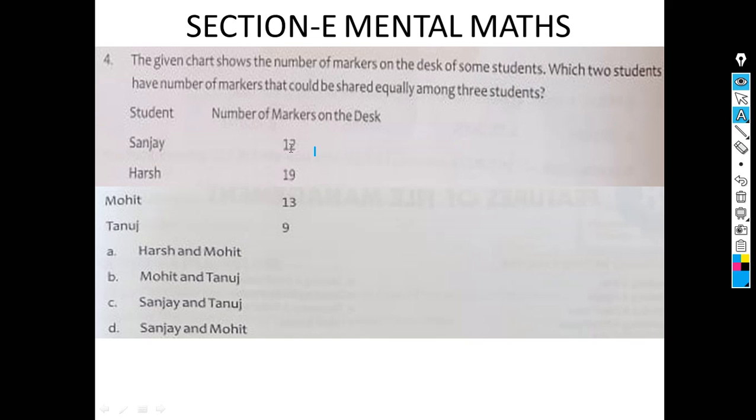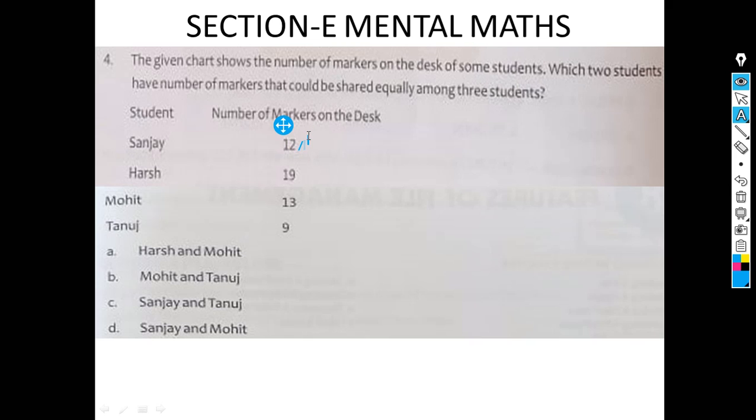Now, as per the question, we have to divide the markers that Sanjay, Harsh, Mohit, and Tanuj have among 3 students. So if Sanjay divides the 12 markers that he has among 3 students, then definitely he has to